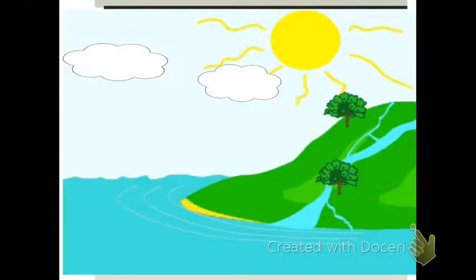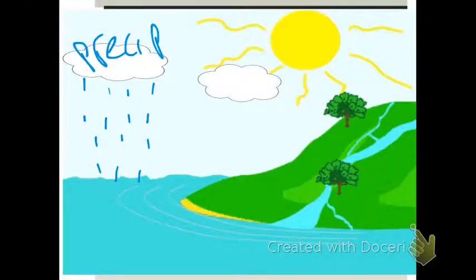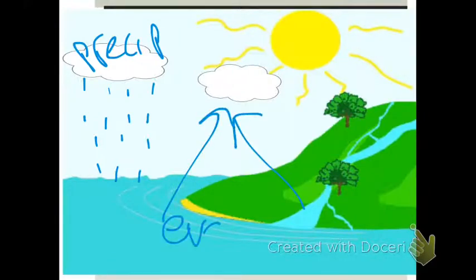So, one of the things that hopefully you remembered is precipitation. That's probably the easiest one and most memorable one. So, precipitation we could draw such as rain coming down. Then how does that rain get into the atmosphere in the first place? Well, other than precipitation, it gets there because you have evaporation. So that is your evaporation. That's the water going into a gas back up to the clouds.